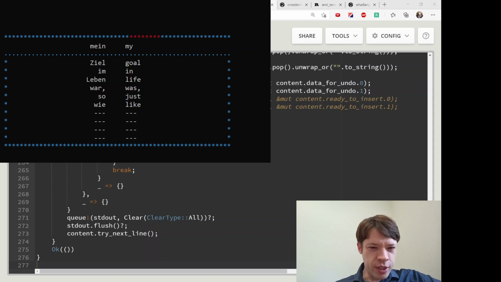Just to show you what it's doing, you can see you have some German there on the left and some English on the right, and these words are matching each other. So Ziel, goal. Im Leben, you have in life, and it keeps on scrolling up. I'm just going to get to "bis dahin musste man."